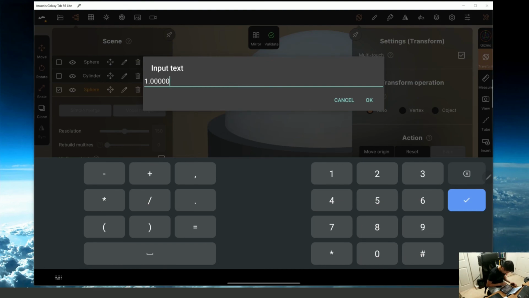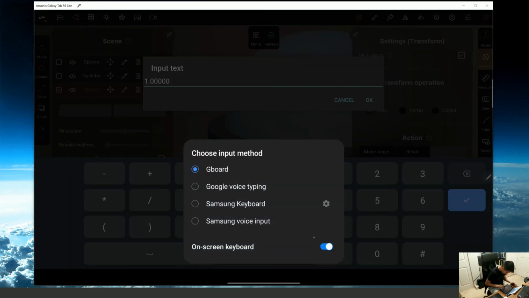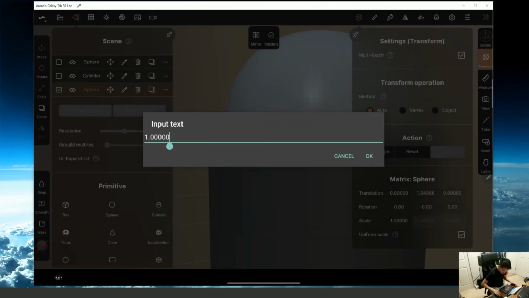Oh, that is very handy. Let's get rid of that. Since I have it connected to my computer here, I can actually just